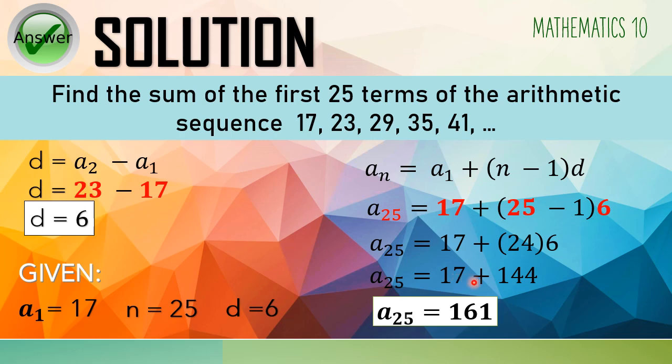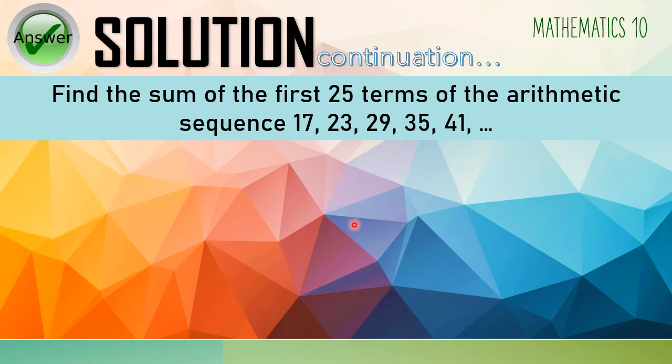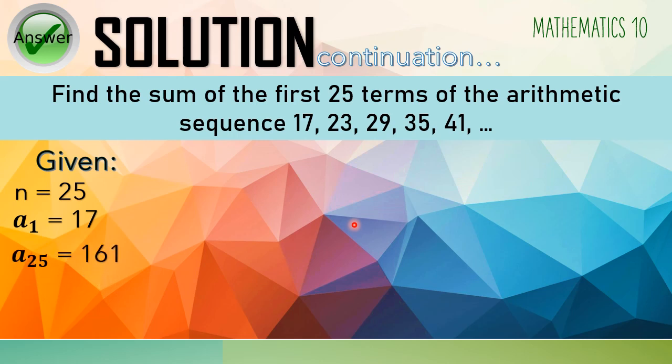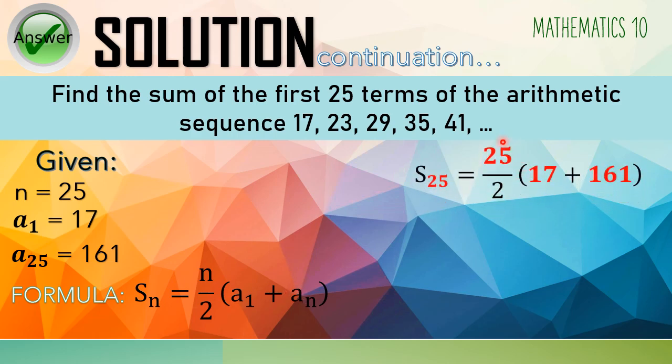And now, since we all know already the value of the 25th term, we can now proceed with the summation of the given sequence. Okay, so right now, I'm going to use the shorter formula, but I would like to start by indicating all the necessary data in the formula: your n, your a sub 1, and your a sub 25. And so, let's substitute in the shorter formula for arithmetic series. So we have our n, we have our a sub 1, which is 17, and a sub n, which is 161. So performing the indicated operation, 17 plus 161 is 178, multiplied by 25, and then divided by 2,